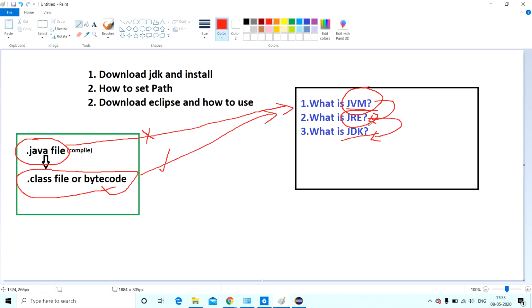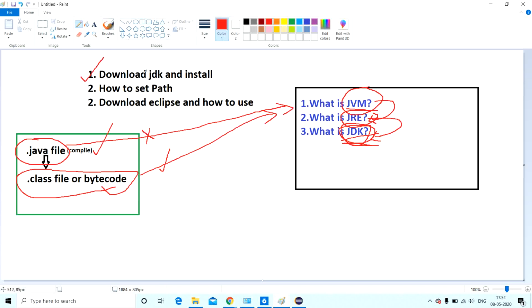Okay, so what is JDK now? JDK is Java Development Kit. It means it consists of JRE, JVM plus some additional tools which are required for your development. You need some tools to compile your program. So this JDK provides all the features, like development tools, JRE, JVM, all this. So you have to download this JDK, because once you have JDK, you can run your program. Okay, so how to download JDK?